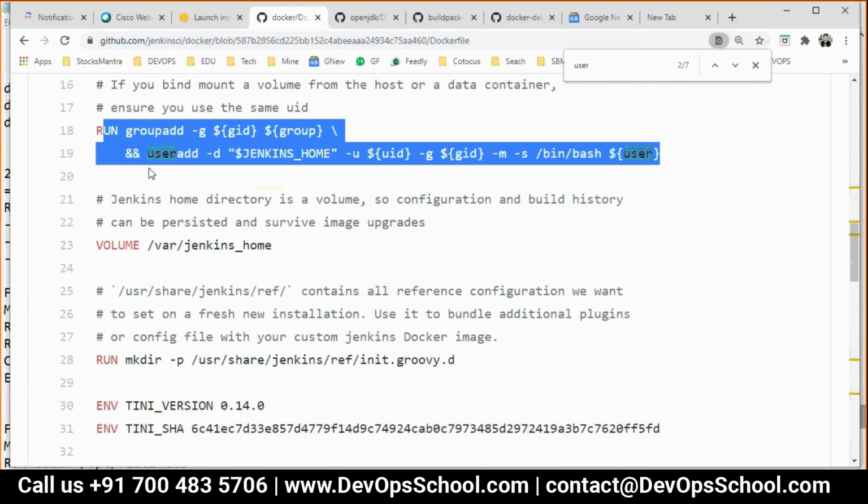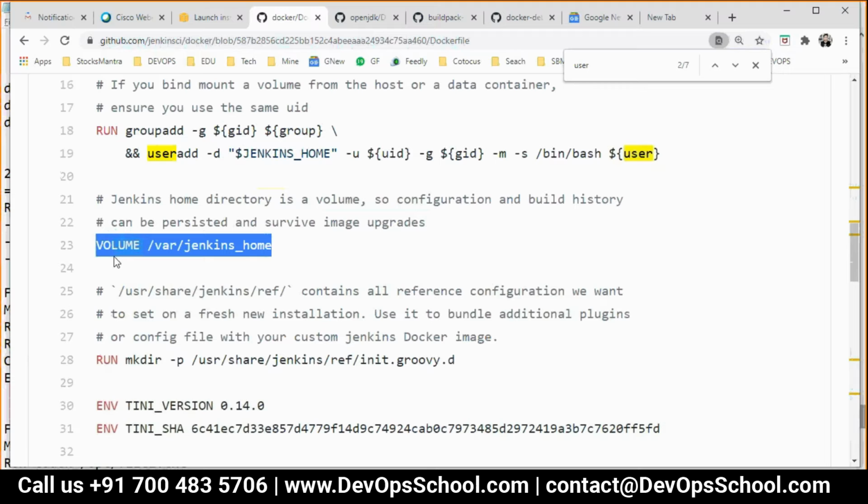Again you see RUN. Now you must be wondering how, whenever Jenkins runs a container, it creates a volume, then the container is gone, but the volume is still there. How can that be possible? Basically the VOLUME line. The moment you write a VOLUME, it will create a volume, whose name will be given as per the 40 characters, you have seen it already.